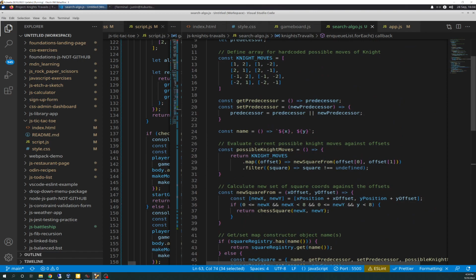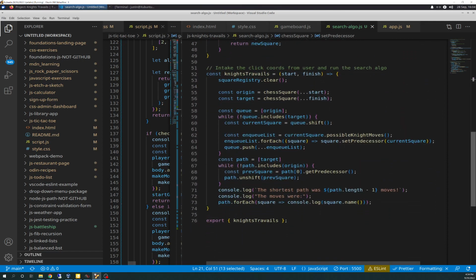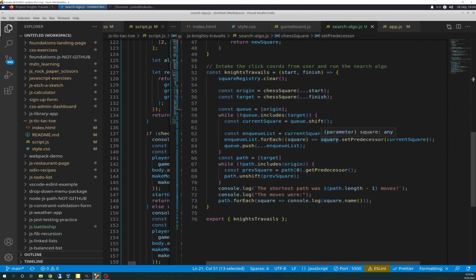Just simply, as I said before, we have new predecessor. If new predecessor is not in a parameter involved, it's going to set predecessor to itself and continue on. Otherwise, new predecessor will become predecessor. Now, it's kind of a mouthful. So basically, in this instance, square, we're checking to see if setPredecessor current square is going to become